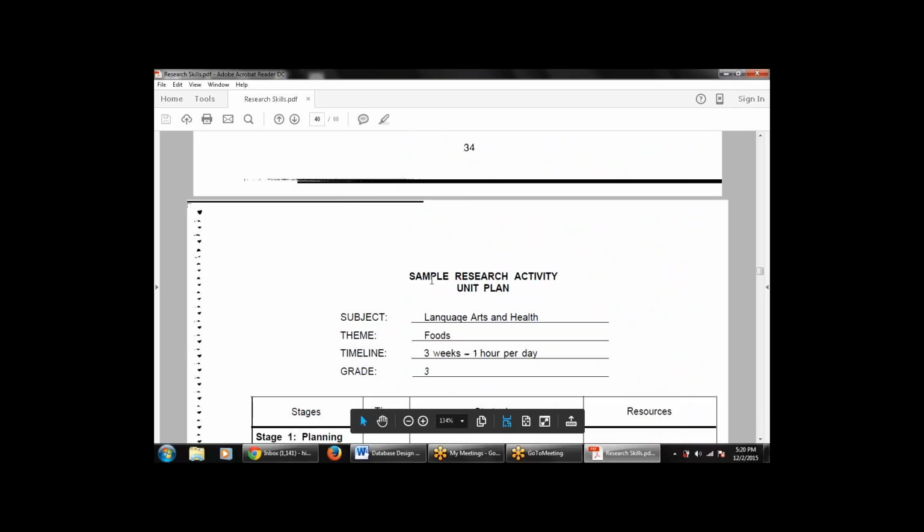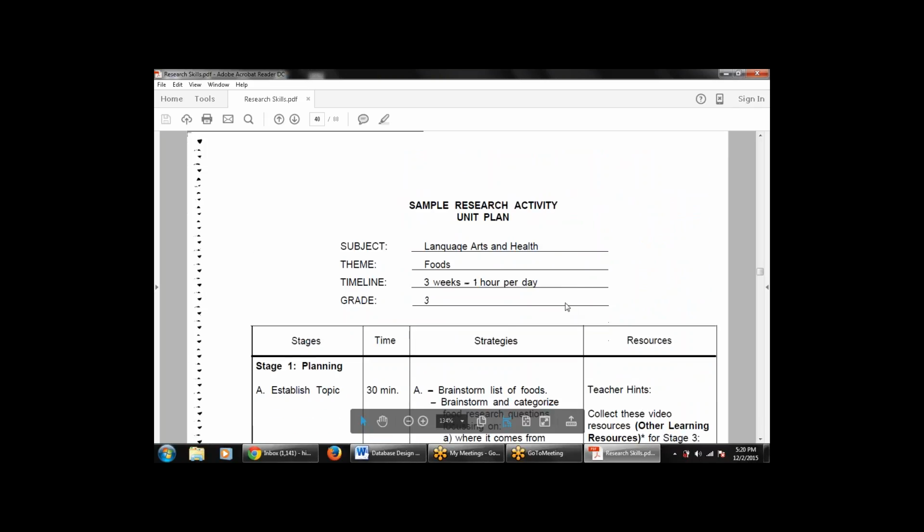Now this is the sample research activity unit plan. This is the subject first of all. Then there is a theme, and in the theme there is food. The subject is language arts and health. Then what is the theme? The theme, that is the main topic, is food. Then what is the timeline? That is 3 weeks, 1 hour per day. Then the grade, that is the level of this one,